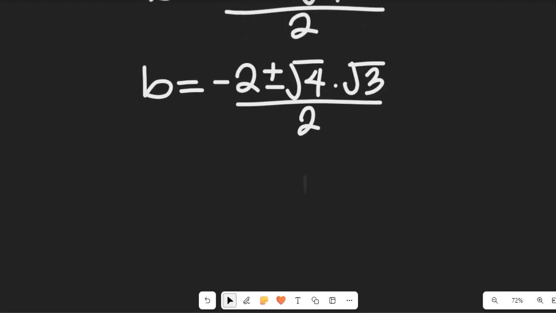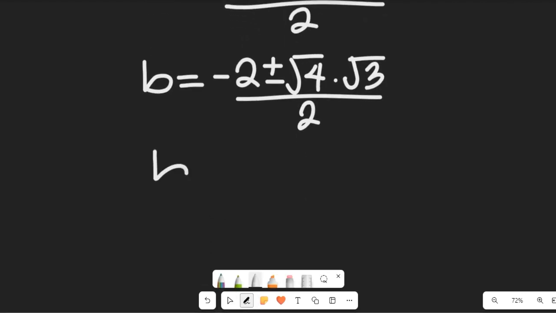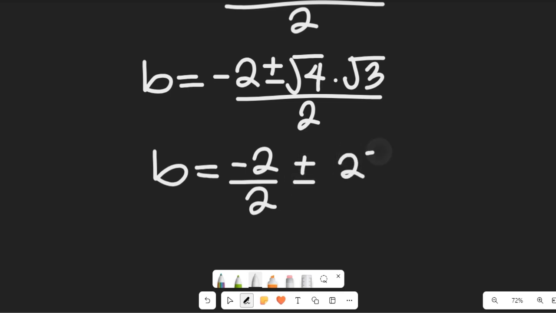So to expand that, we'll have B in the next step, minus 2 divided by 2 plus or minus. This is going to give us 2 root 3